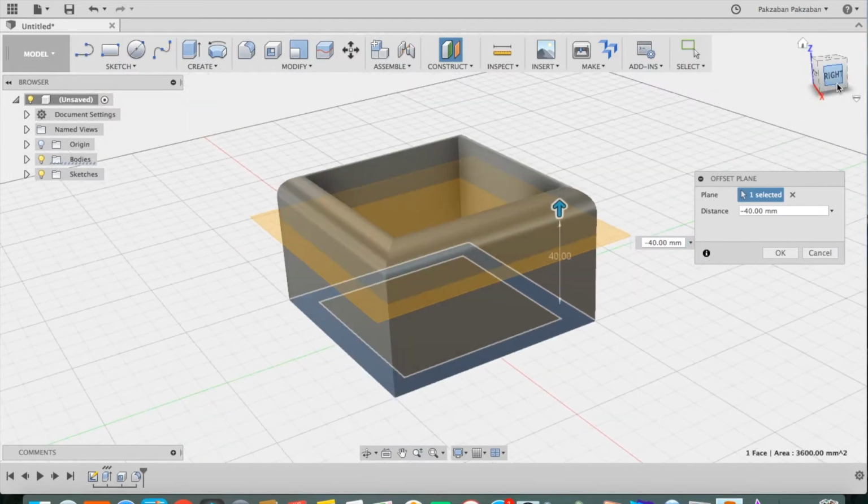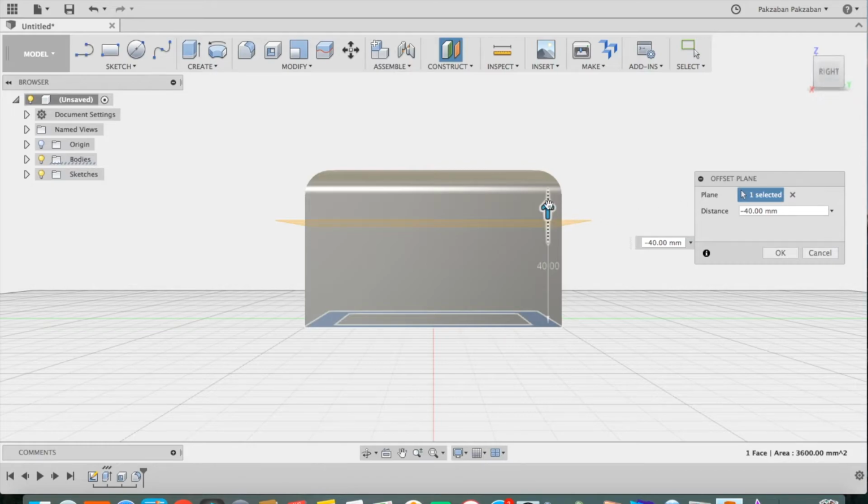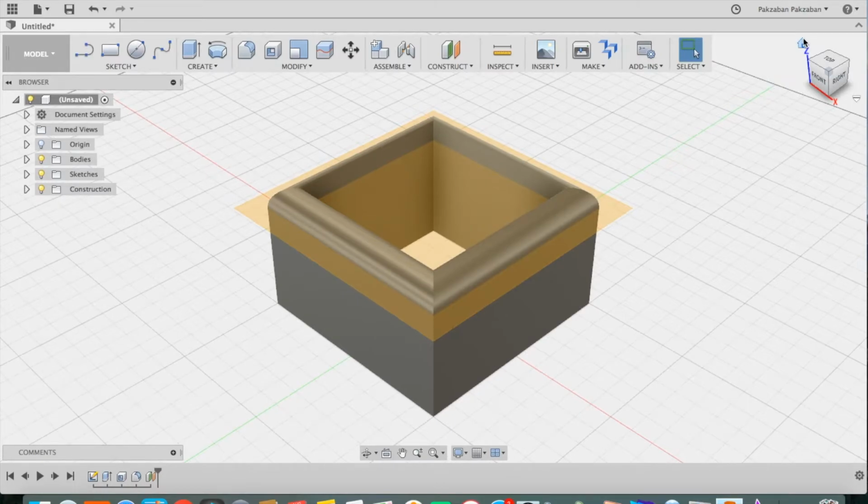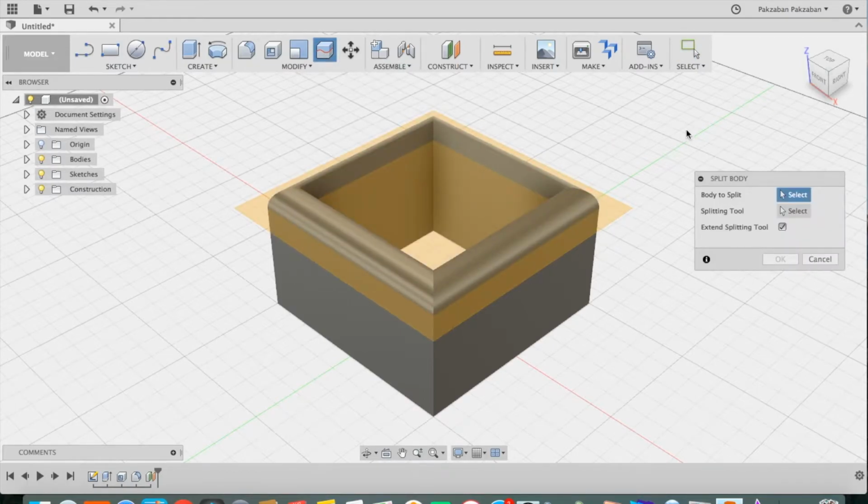Let's look at it. Maybe pull it up a little bit more. That looks good. Press OK. Now I want to cut my body using this plane. So I can go into Split Body, select the body to split, which is here, select the splitting tool, which is my new offset plane,